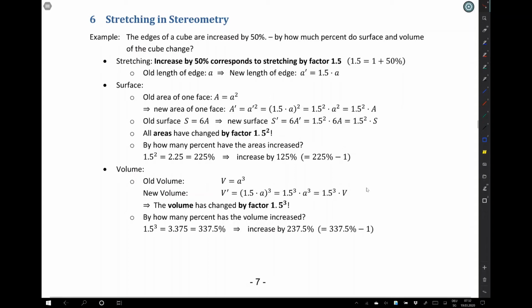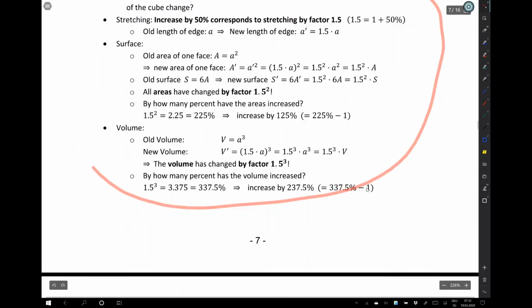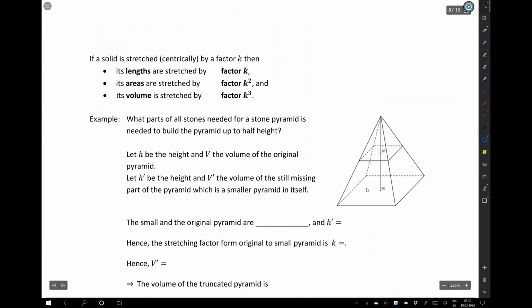The next topic is stretching in stereometry. This is actually something we looked at already in the third class when looking at similarity. When we understand how stretching works, what effect it has in stereometry, it simplifies many of the tasks. Well, read this section here on your own, and we get to the next page where we see the conclusion,